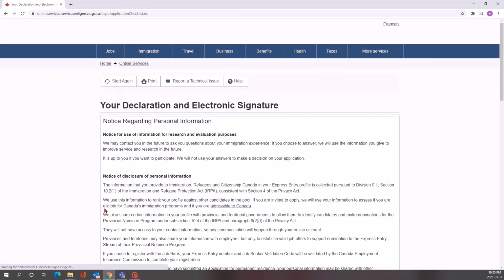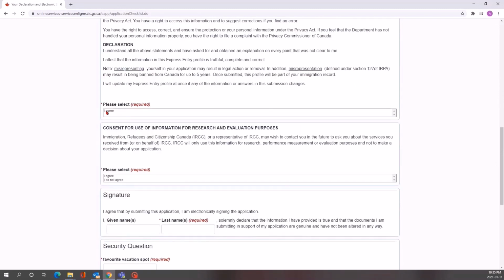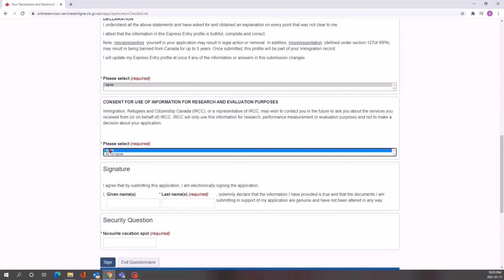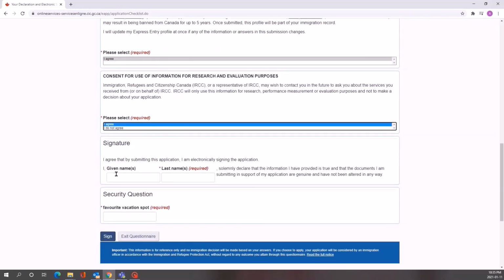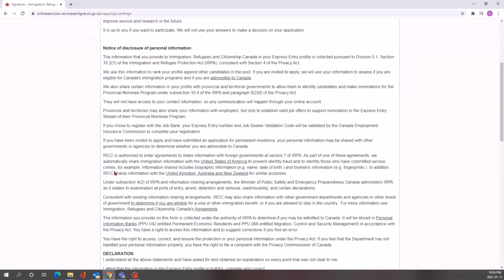Now select continue and you will land on this page where you need to select terms and conditions, put I agree, and then enter your name exactly as it appears on your passport. You need to answer the security question which you set in the beginning. Now select sign.